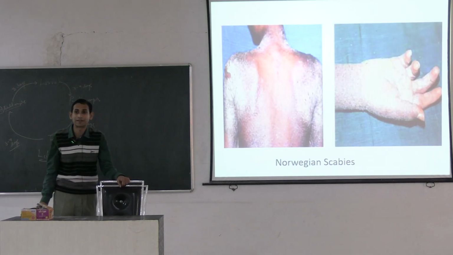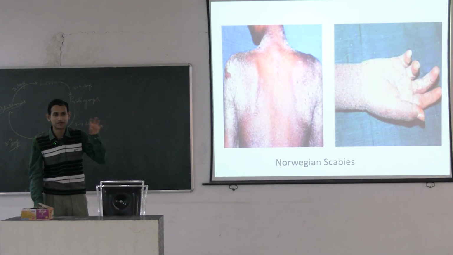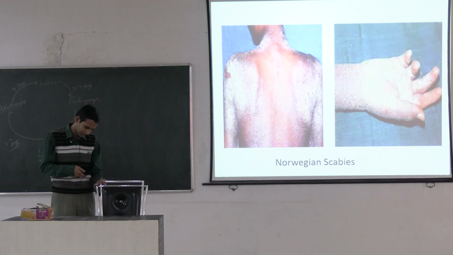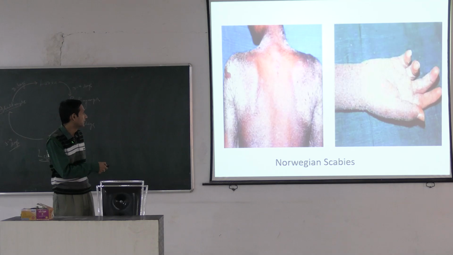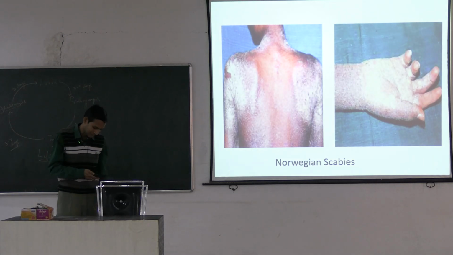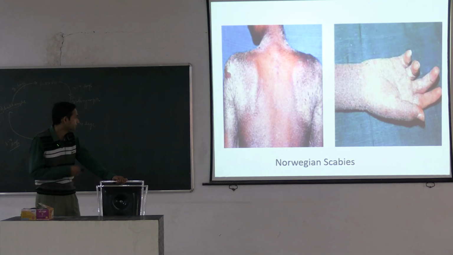And this is the case of crusted scabies. You will get extensive crusted lesions over the fingers, and you will see involvement of the palm also, and the crusted lesions over the entire cutaneous surface. The nails are usually distorted and swollen, and these crusted lesions are found in Norwegian scabies, or crusted scabies, or hyperkeratotic scabies.